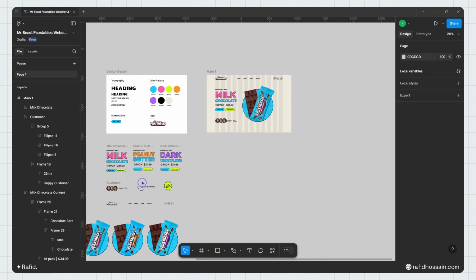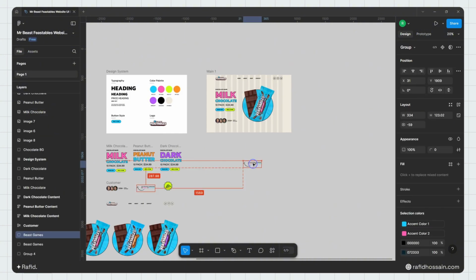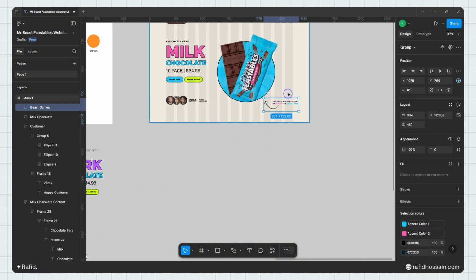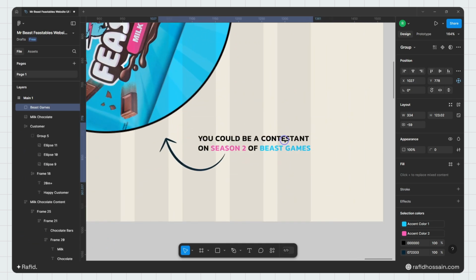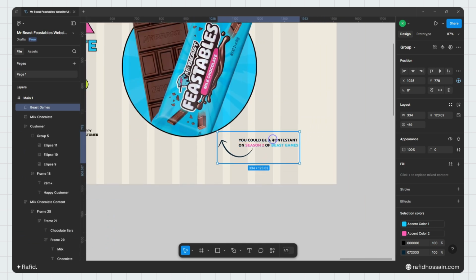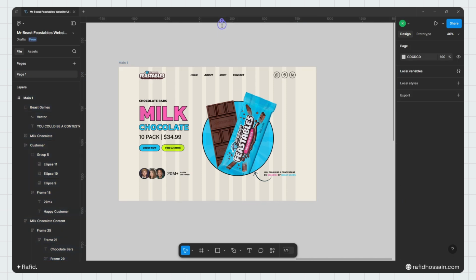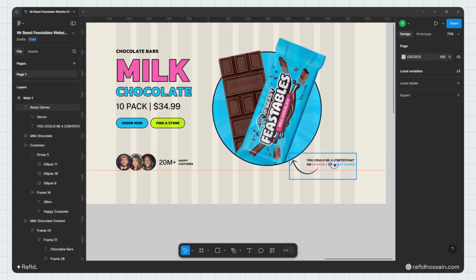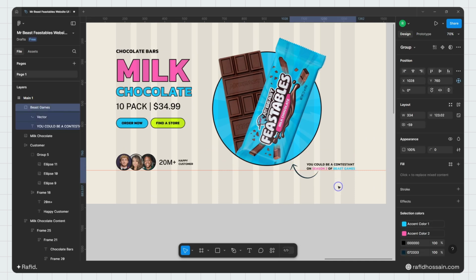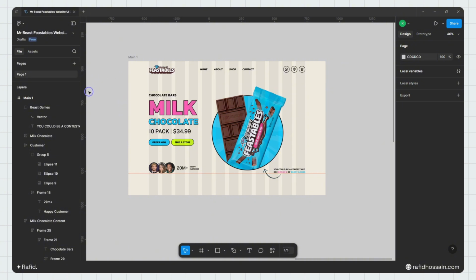So I already prepared the text and the arrows, so I duplicate it and place it somewhere here. Actually, I'll make it somewhere here like this. So I'll add a guide, so I'll select this one and place it somewhere here, and I'll place this text also like here like this. And I also want a guide to these images also, so I drag it to